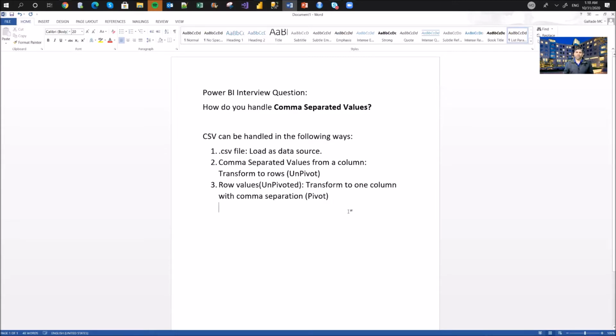So how do we handle that? Suppose we have rows which are unpivoted and we want to bring them to one column with comma separation. How do we do that? So let us see on Power BI Desktop.